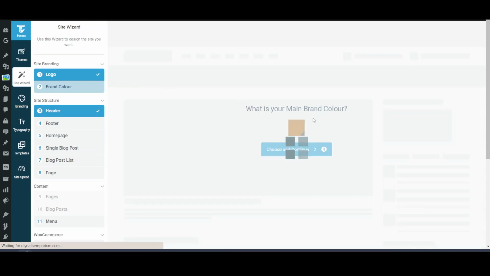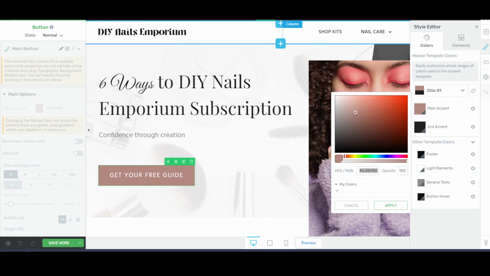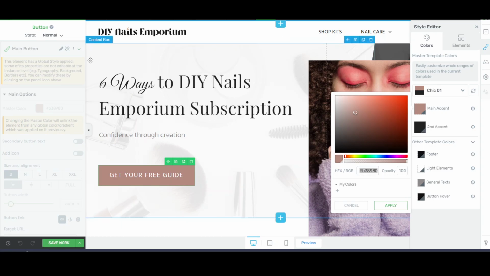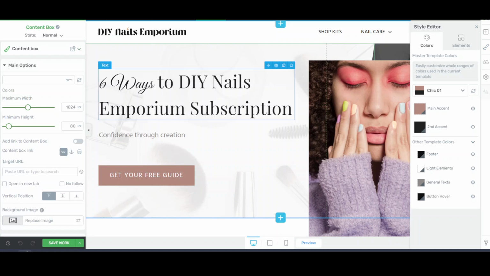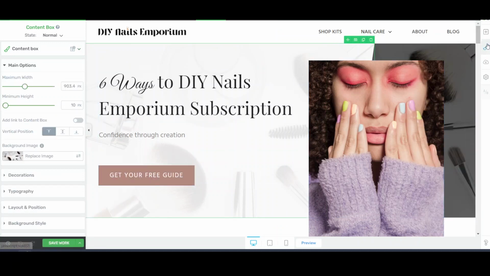So let's choose the brand colors. What is the main brand color? I think we can choose from one of the pages that we have created. I'll show you that page. First, if you have liked any particular template, then for example we like this particular template, so we thought that we should use their theme colors.